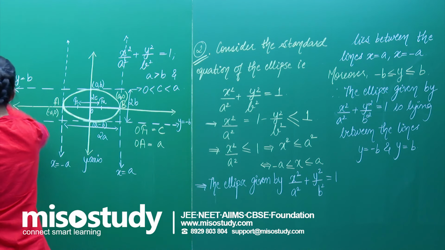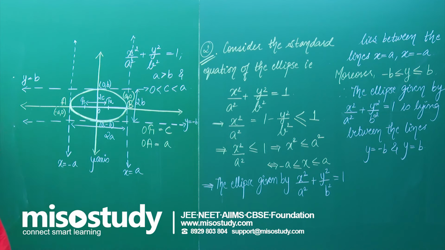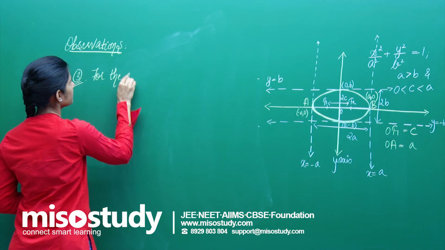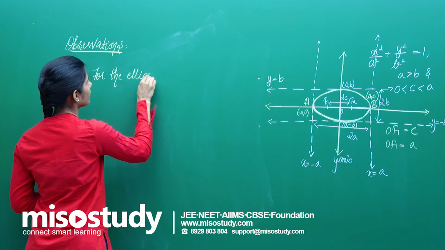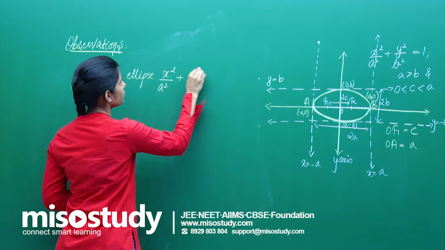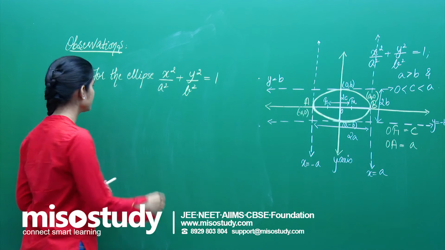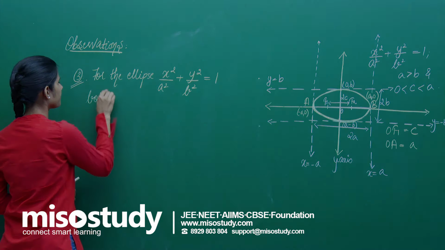Whenever we talk about ellipse, both the axes actually come out to be playing the role of axis of symmetry. So the third point is, for the ellipse x square by a square plus y square by b square equals 1, both